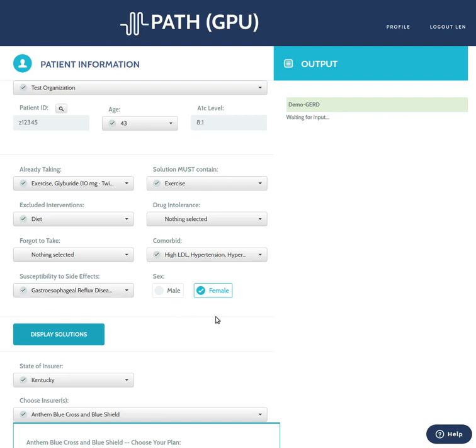All right, today we're going to walk through a typical patient interaction using the PATH software in an office setting. So this is how we would use the software to come up with a treatment regimen while a patient's in the office with us. So we'll start with a female patient who's age 43 with a current A1C level of